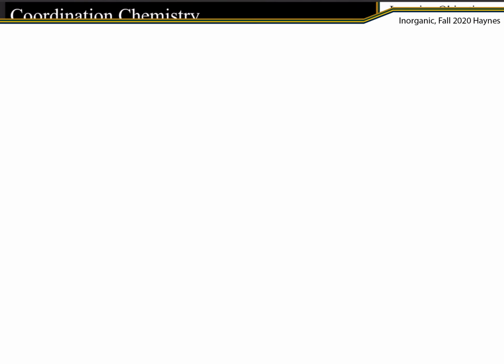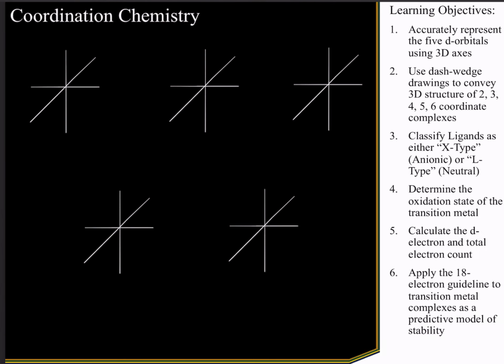So now let's get into some actual transition metal complexes. When we start dealing with transition metals, and throughout the quarter, we're going to be talking a lot about transition metals. They have very different types of bonding patterns than we're used to seeing. They have much higher coordination numbers. They have access to different geometries,